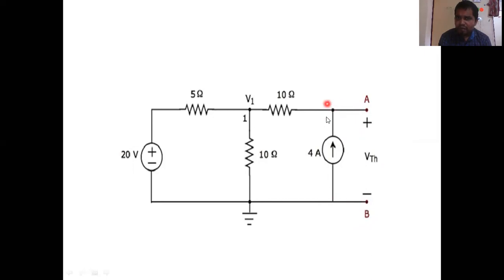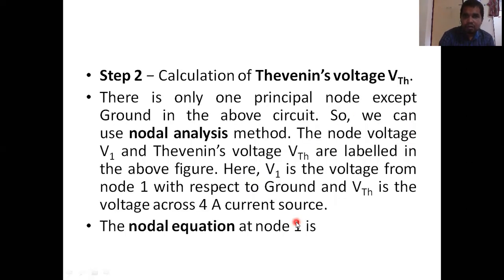So you need not have any node here. The current is not getting any diversion. The current of 4 ampere will go this way only. It will not go this way because it is open. So this is the one node you have, and you can apply nodal analysis. The 4 ampere current is coming this way, and one current you can mark coming to this and one current you can mark this way. So let us see how it has been solved.